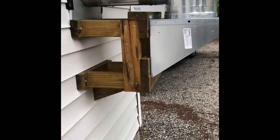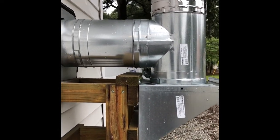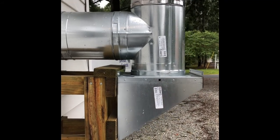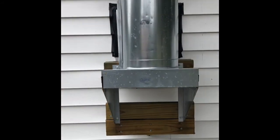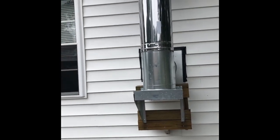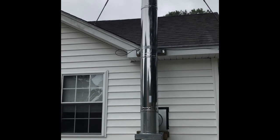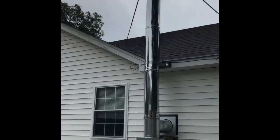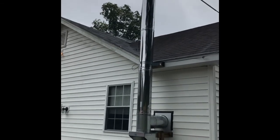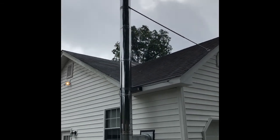And I built this bracket to support the extra length that I had to add for the weight. All in all, I think I did a fairly good job. I got plenty of compliments after the installation. People riding by, I was like, hey, you installed that? I was like, yeah, that was me. We were wondering what you was putting up out here. And then I made those brackets up there to help support the